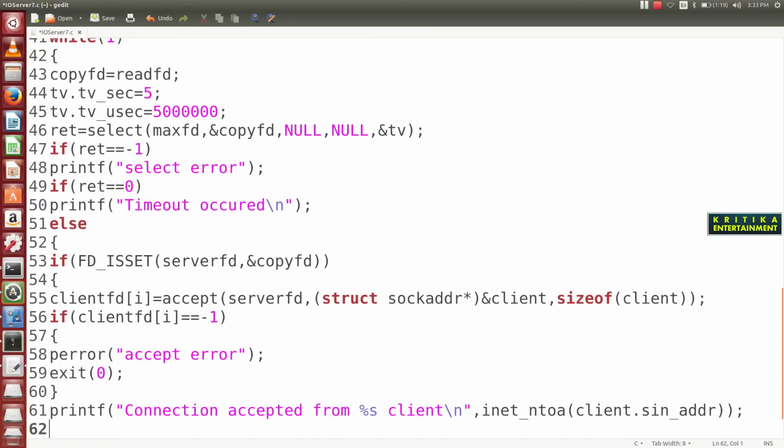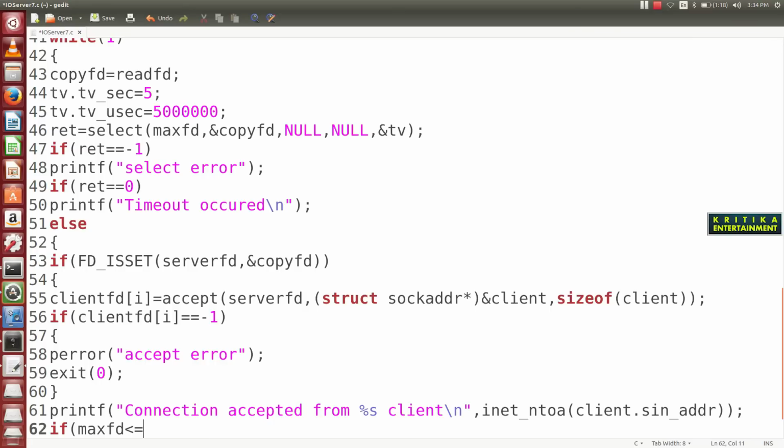Now if max fd is less than or equal to client fd[i]. I have told you, the main purpose is to get the max fd. Whatever client connections come from the client side, we add plus 1 to get the maximum fd, which will be passed to the select function.